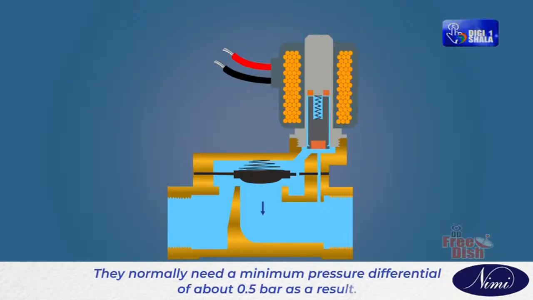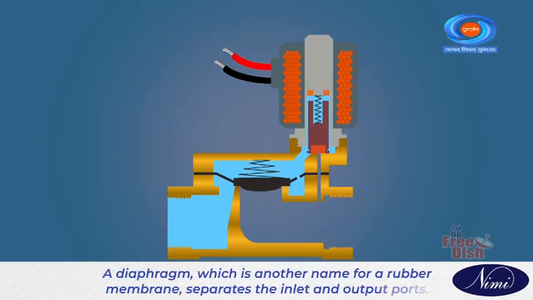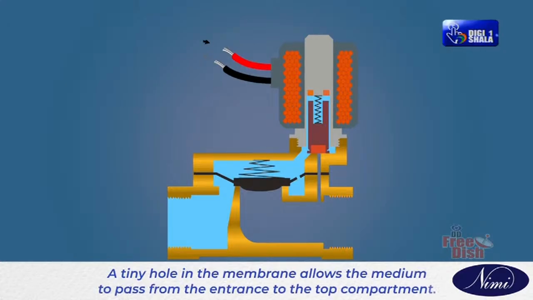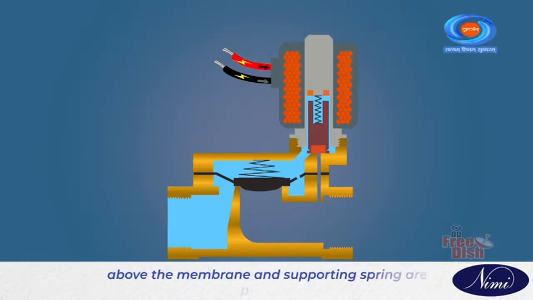They normally need a minimum pressure differential of about 0.5 bar as a result. A diaphragm, which is another name for a rubber membrane, separates the inlet and output ports. A tiny hole in the membrane allows the medium to pass from the entrance to the top compartment. A typically closed indirect acting solenoid valve will stay closed as long as the inlet pressure above the membrane and